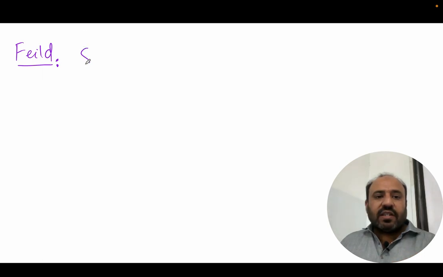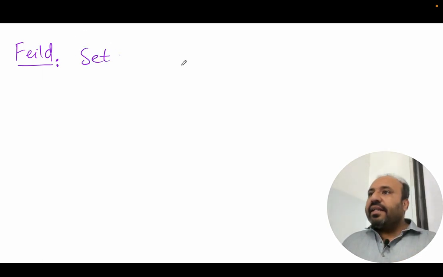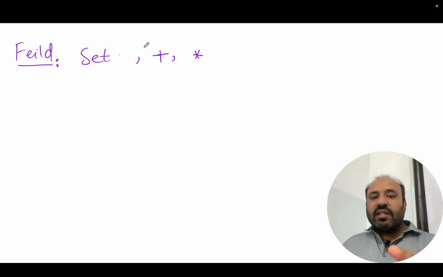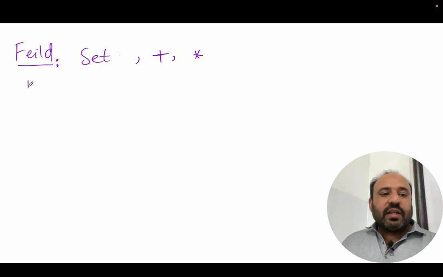So first of all, it is a set, and this set has two operations. One operation we call plus, another operation we call multiplication. Two operations, so set with two operations. और ये दो ऑपरेशंस की डेफिनेशन आपने देनी है, यानी आपने ऑपरेटर ओवरलोड करना तो आप कर लें, as long as ये दो ऑपरेशंस इस सेट के एलिमेंट्स पे कुछ प्रॉपर्टीज़ सेटिस्फाई करें, तो ये सेट फील्ड कहलाएगा, अदरवाइज नहीं कहलाएगा। ठीक है, तो वो पहली प्रॉपर्टी क्या है जी, बताएं।